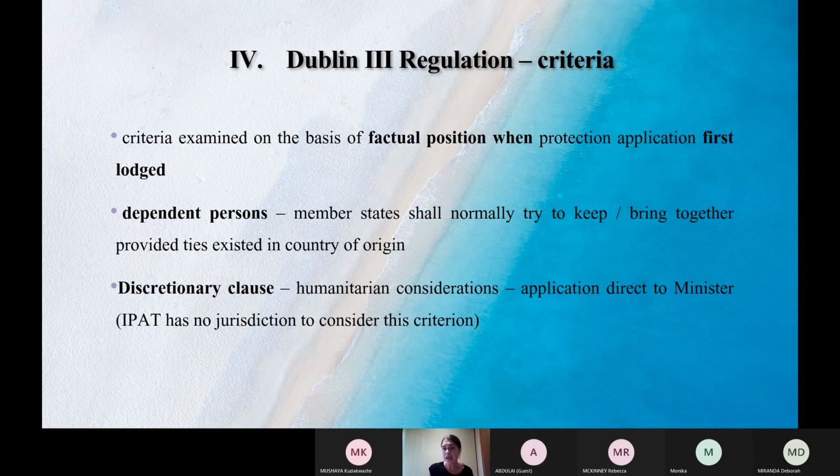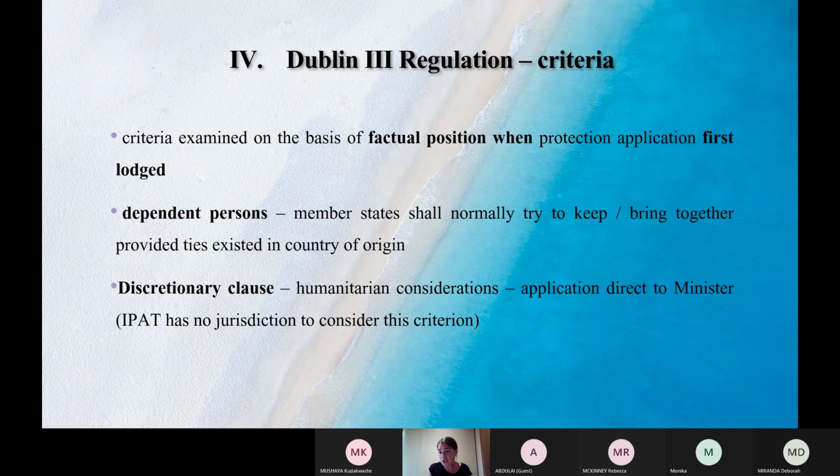The discretion clause is very broad. It's humanitarian considerations. There hasn't been an official pronouncement on what the possible criteria are, but I'm supposing that it might be such issues as if a person has mental health difficulties, if there has been significant delay in the examination of their application, or if they are attending counselling for whatever reason in this state. These might be humanitarian reasons that might be considered.